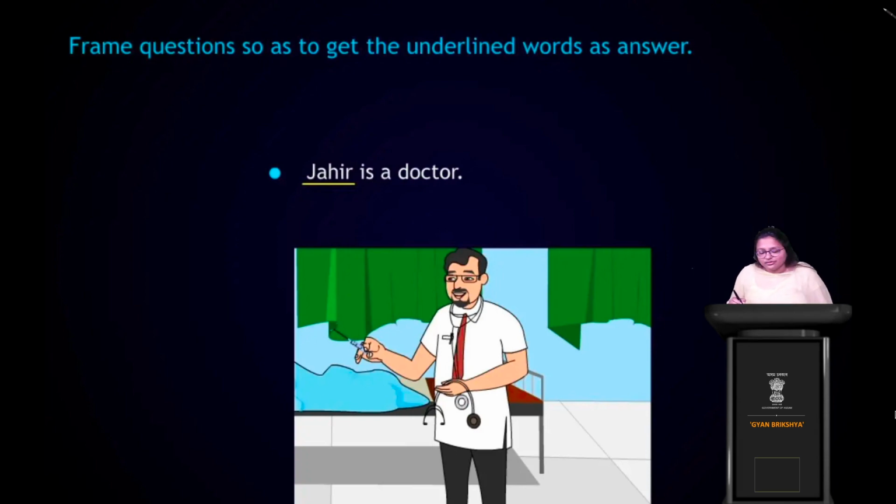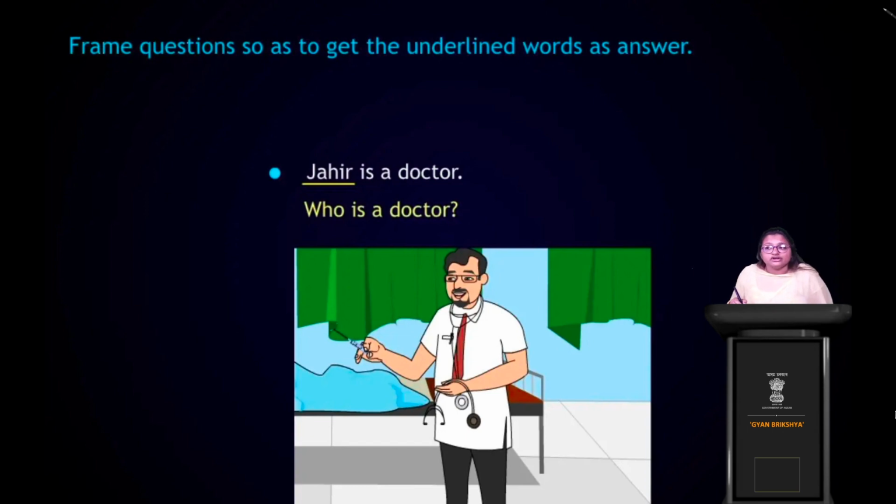The question is clear to you? Okay, so now let's solve. How are we going to do this? So Zahir is a doctor, right? So we have to focus on the word Zahir so that we get the response as Zahir is a doctor. So how are we going to write this? You will say who is a doctor. Okay, who is a doctor? Then the response is Zahir is a doctor, right? Okay. Now